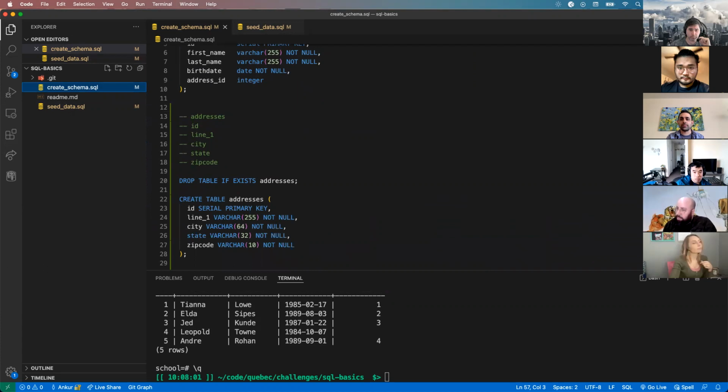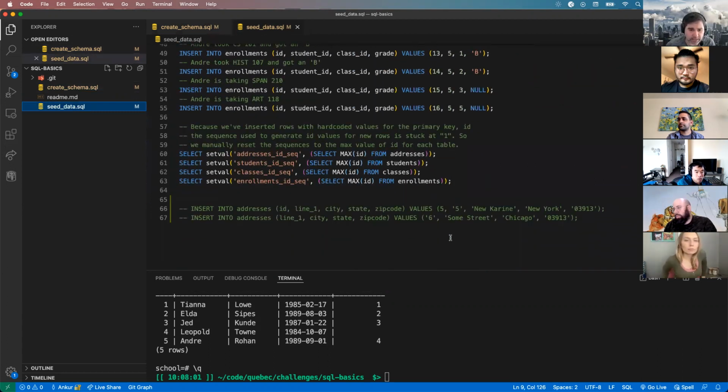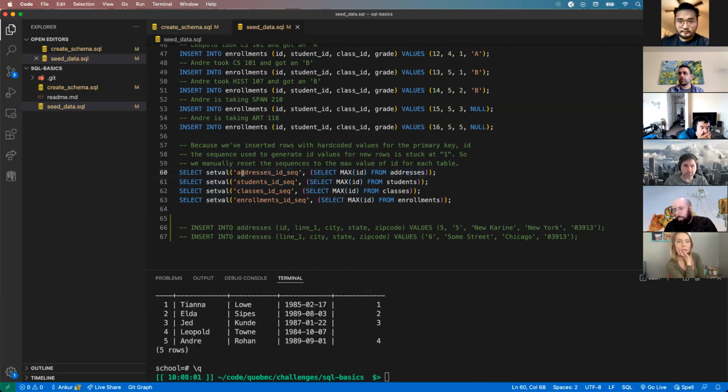Let's go with Jesse. Yes, on the seed data one at the very bottom, it talks about the select setval. Is that a new variable that you're creating, and how is that working? That seems a little bit different for me. Sure. I'll be honest, I do not 100% know what setval does. I've never used it, but looking at this and guessing based on what I know, it's going to be setting a particular value in this